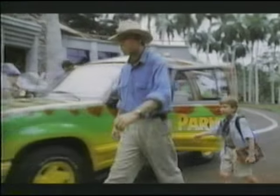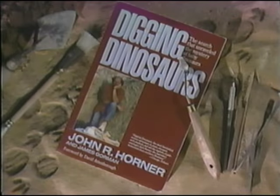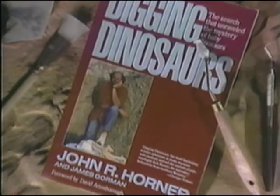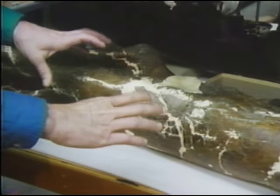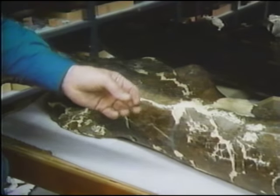In Jurassic Park, the scientist Alan Grant is based on a real paleontologist, Jack Horner. His young admirer is clutching the book he wrote. In another collision of fact and fiction, one of Horner's current projects is digging DNA directly from a dinosaur. Well, on the shelves right here, we have an almost complete skeleton of Tyrannosaurus rex. This is its femur, and one of the things we've done is actually pulled out part of the marrow, and that is what we are attempting to